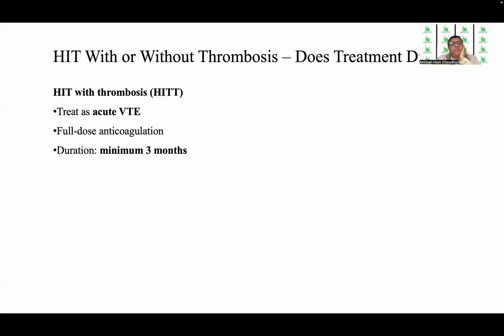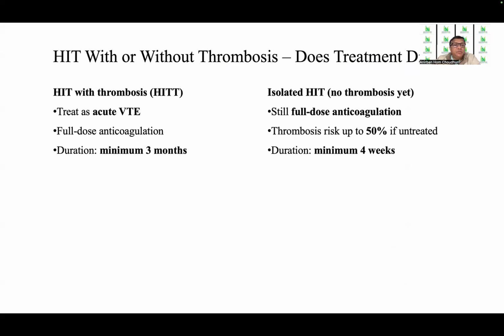So, HIT with or without thrombosis, do we require different treatment? HIT with thrombosis should be treated as acute VTE with full dose anticoagulation, and the duration should be at least a minimum of 3 months. In isolated HIT where there is no thrombosis yet, they still require full dose anticoagulation. The thrombosis risk is up to 50% if they are not treated, but the duration is less and the minimum duration